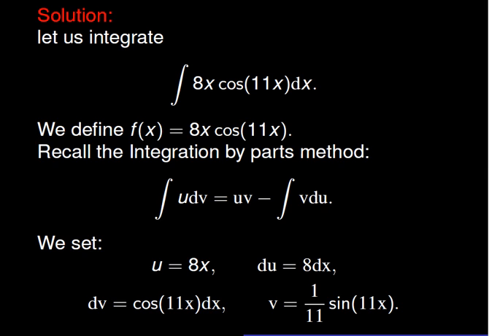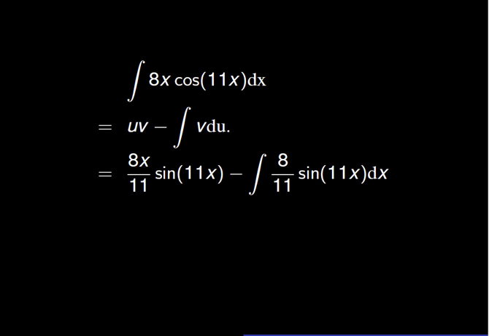Let us recall the integration by parts method. The integral of u dv is equal to u times v, minus the integral of v du. In sum, we set u equal to 8x, and du equals 8 dx. And dv equals cosine of 11x dx, and v equals the fraction 1 over 11 times sine of 11x. Therefore, the integral of 8x times cosine of 11x dx is equal to uv minus the integral of v